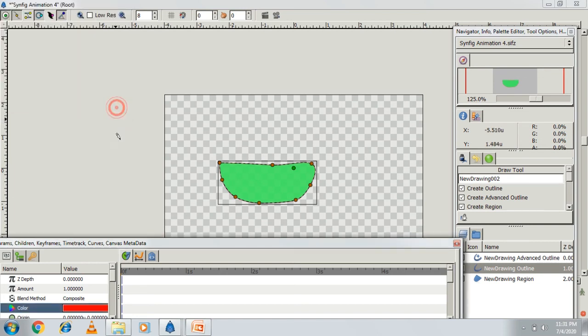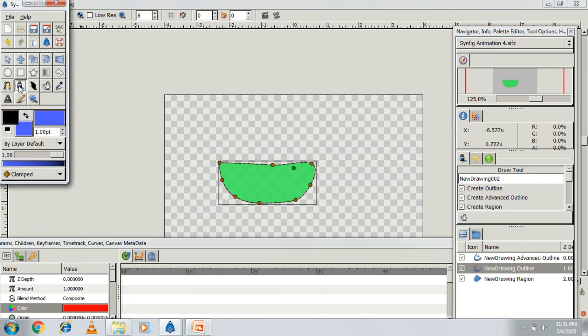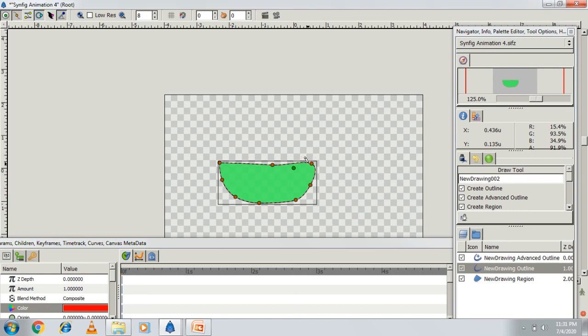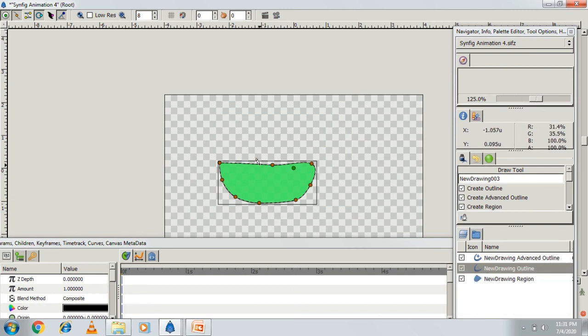Okay, now by using the draw tool, again I click on the draw tool, and sorry, it didn't come properly. I draw it here. Like this way.